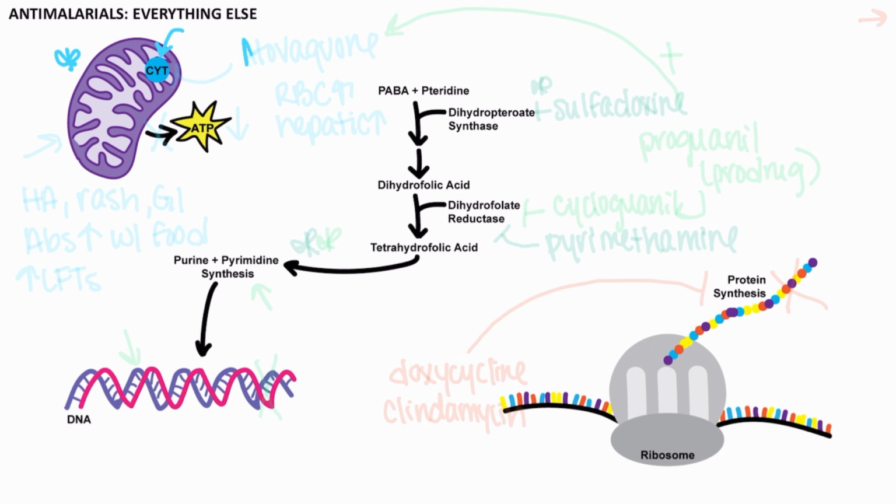So atovaquone is our next agent that we're going to discuss, and this actually binds to and inhibits this cytochrome BC1 complex, thereby inhibiting electron transport and the generation of ATP, and interferes with pyrimidine synthesis in the mitochondria. Because there is enough difference between the plasmodium and the human proteins, there is this sort of selective toxicity